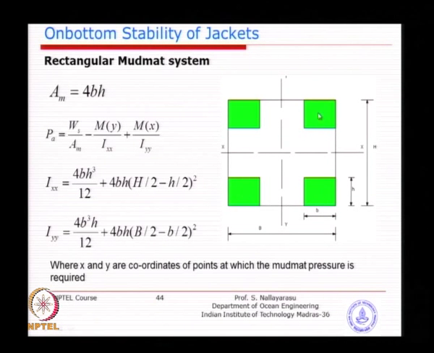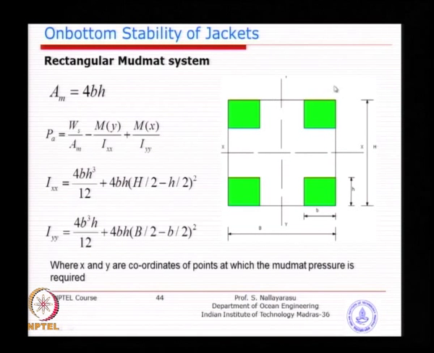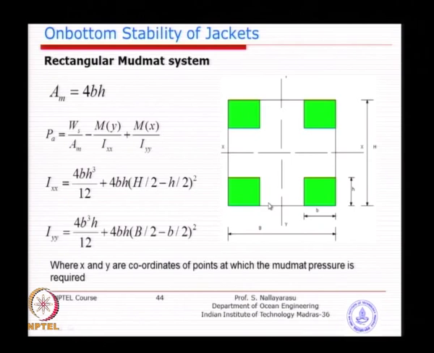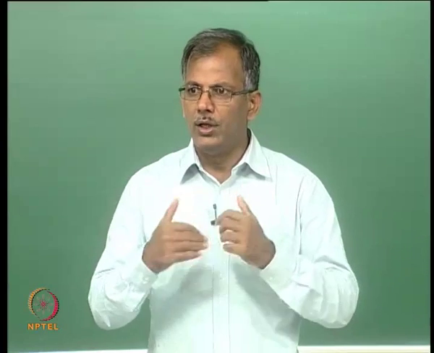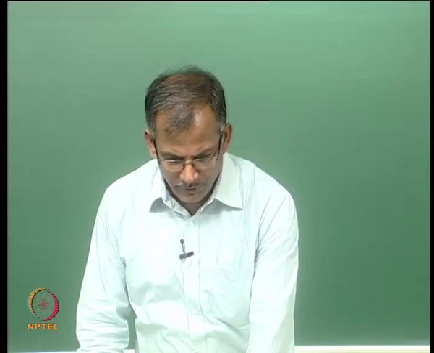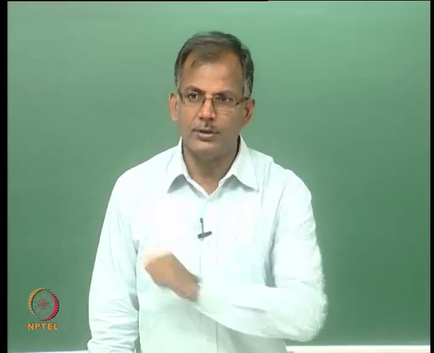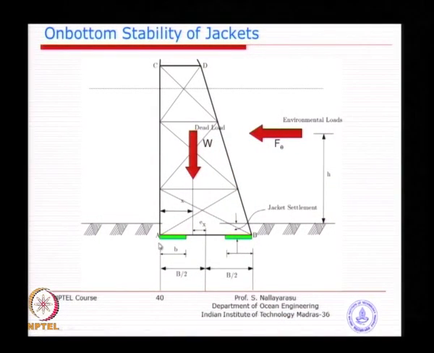If you look at this rectangular area, what we are looking at is overall system pressure calculation. You need to find the moment of inertia with respect to this point, because we are treating this as one unit rigid body and trying to produce vertical pressure due to vertical load as well as horizontal load. The picture is something like this. So, what we are looking at is the pressure at this point, pressure at this point, or at various points along the periphery as well as any other intermediate points.